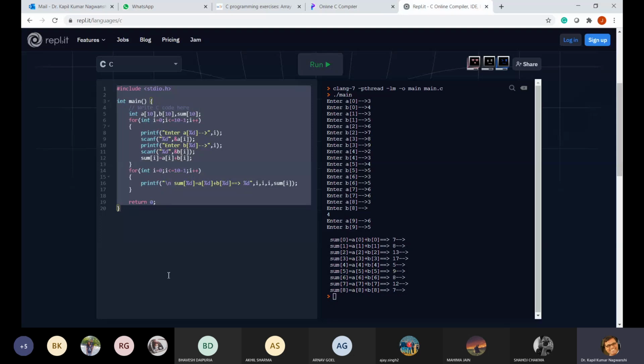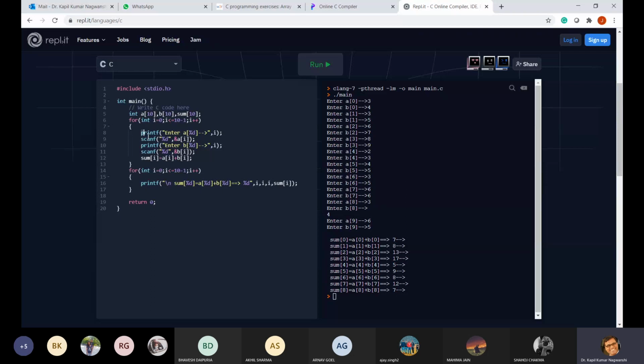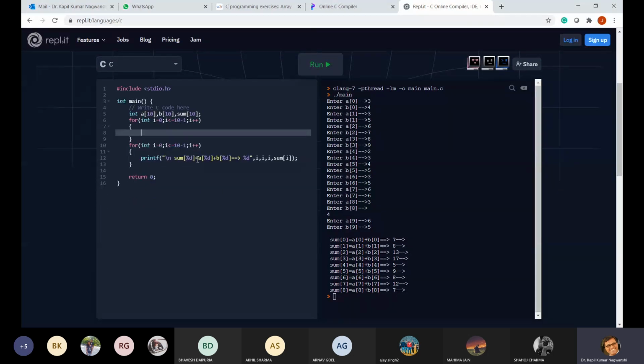This program is now available for you, and let us see the address of each variable. How do we check the address of each variable? So this is our for loop. Okay. And now if you want to check the address, I'm not going to store anything.